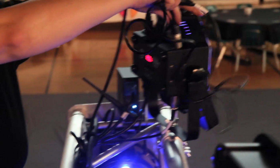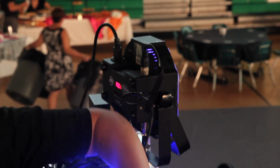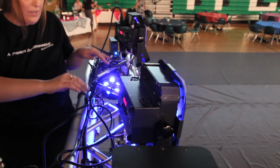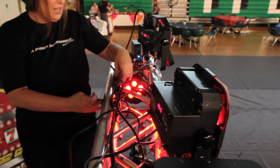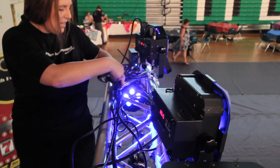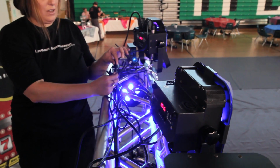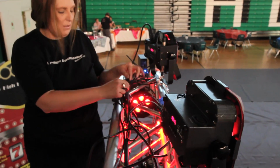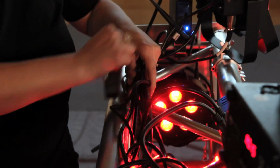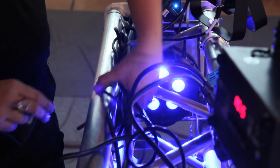The one best thing about this is once you find out that your next light is working properly, this whole thing is done. So all you're doing is literally taking your wires. I also don't know how many of you guys do it, but your normal tie wraps can come in handy as well. You can use that to tie wrap these together, helping keep the wire maintenance a lot easier,